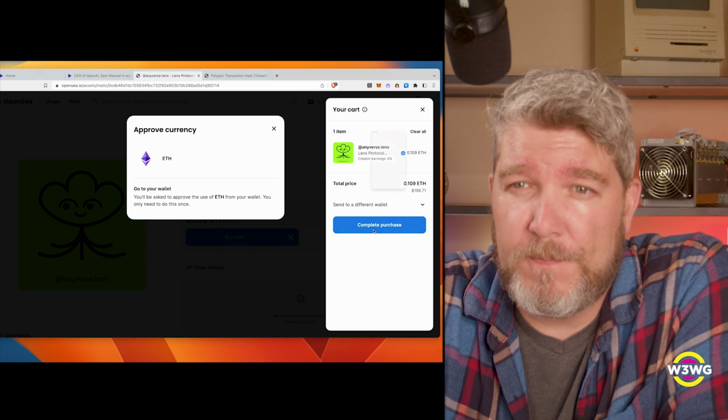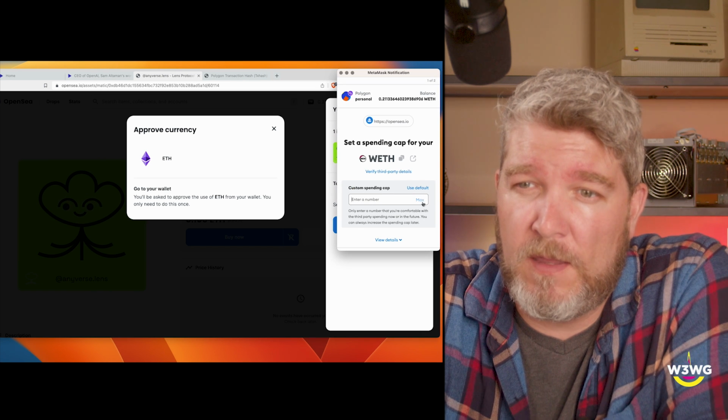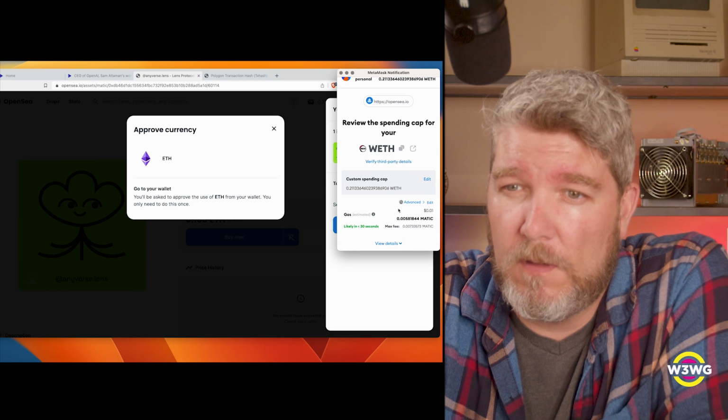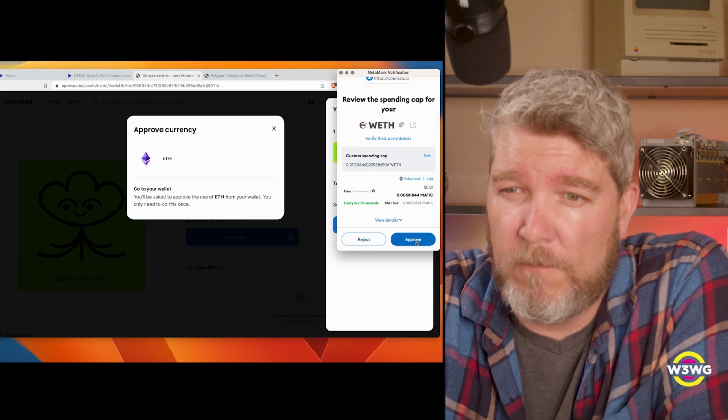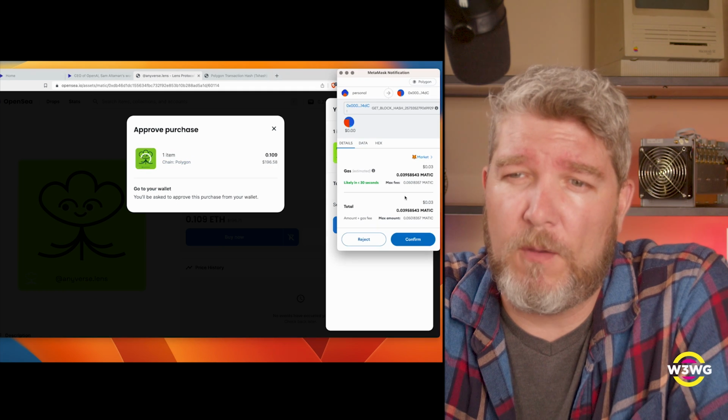Approve currency. Okay, it's going to pop up and ask me to set a spending cap of my wrapped ETH. Yes, I'm fine with that. Approve it. Okay, so I think I get what the problem was before.